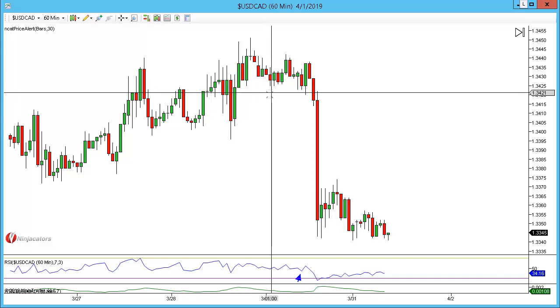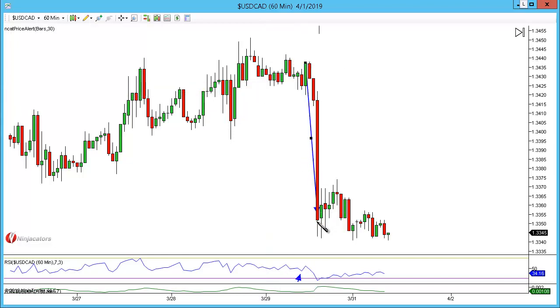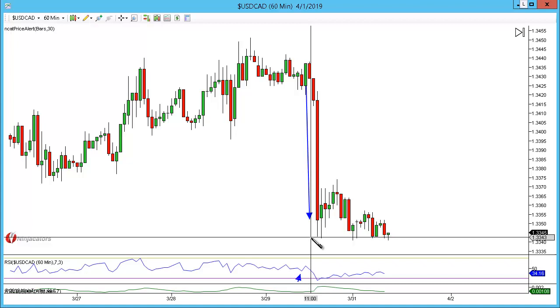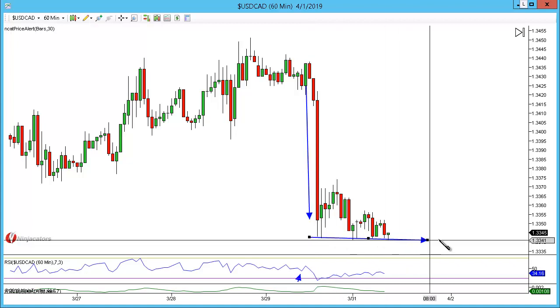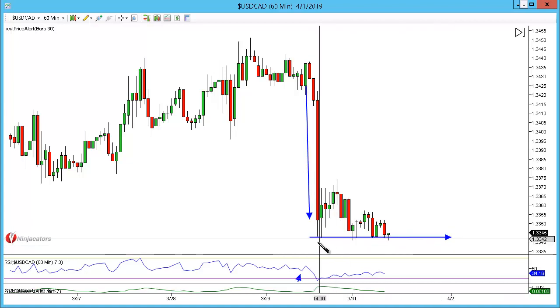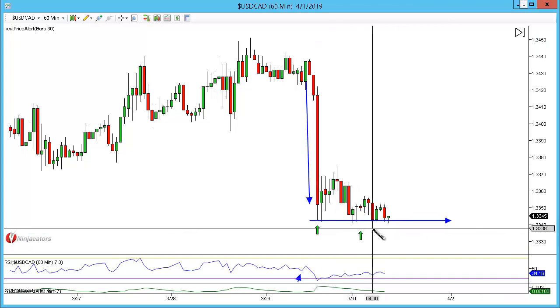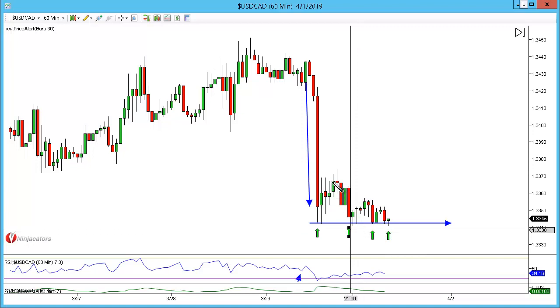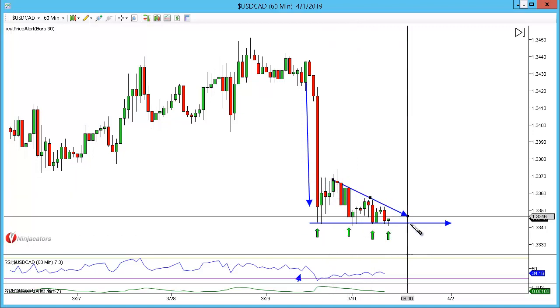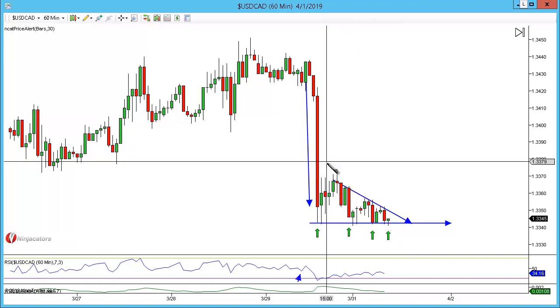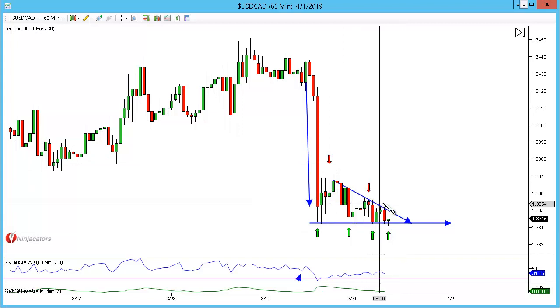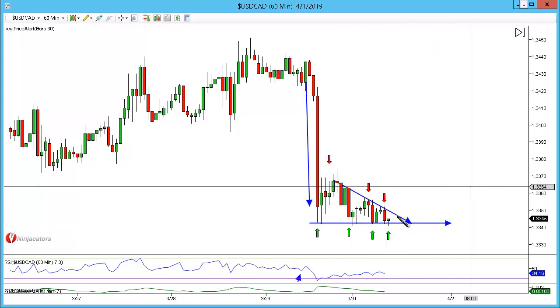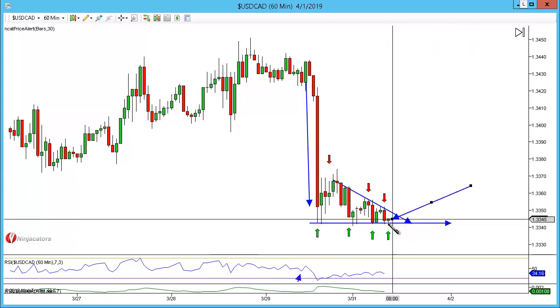So the pole, very directional. If we put a structure level on like this, you can actually see that we've had 1, 2, 3 coming down for the fourth test right now, and the structure level like this as well. Along the top you can see we've had 1, 2, 3 tests, and the last test was a lower close,